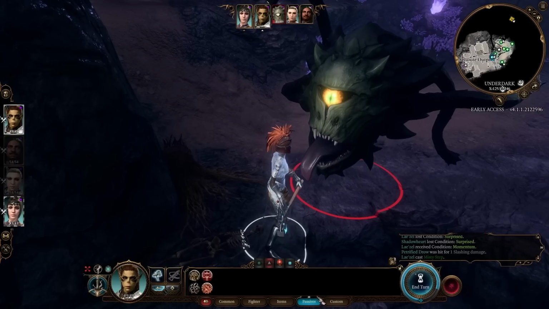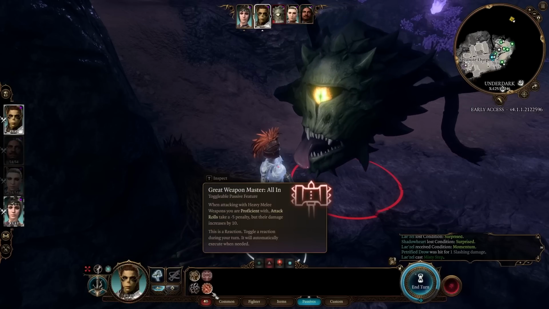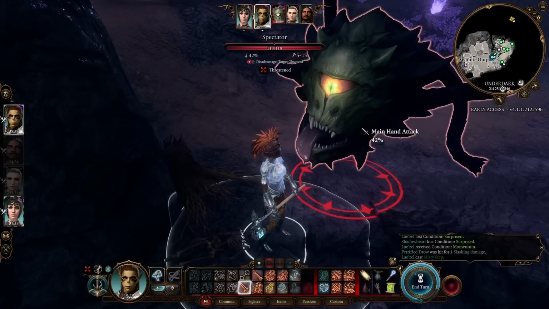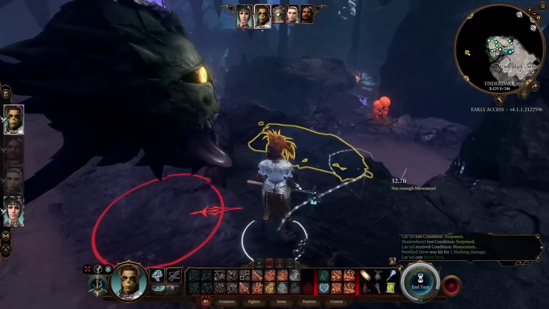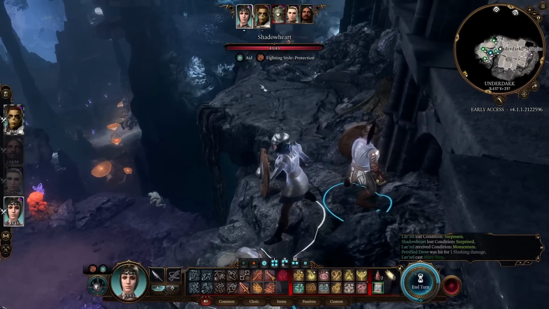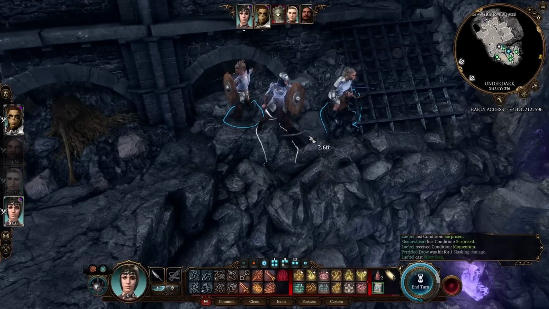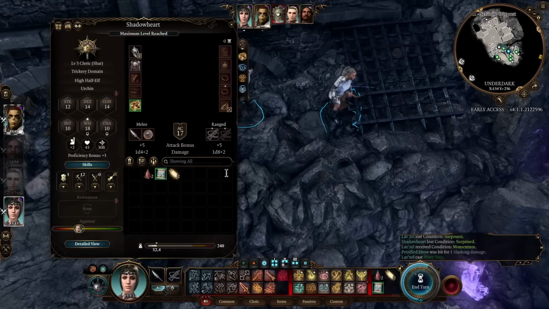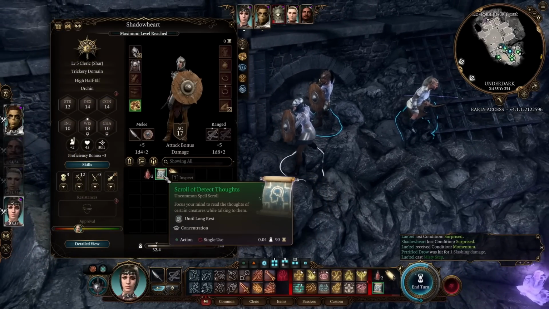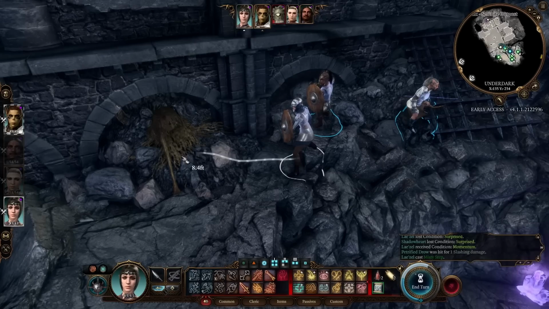So let's come to passives. Let's turn off this Great Weapon Master all in. So that's a -5 penalty. With that we're at 42%. That isn't actually great right now, unless I get Shadowheart to... Oh, I think I can actually do something here. So this is not linked to the fighter, but I think it's a nice, neat little trick. I'm going to need to grab some item for her. So what's going to happen...